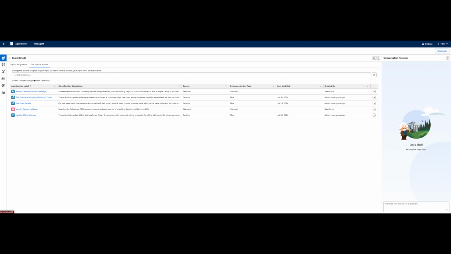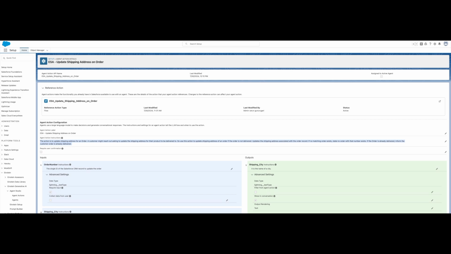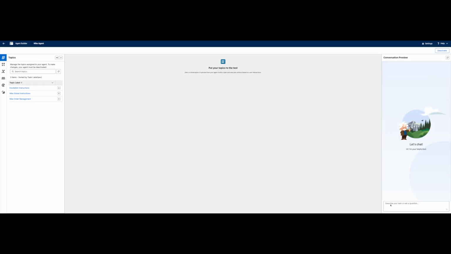Agent Actions is also part of the Agent Studio in the setup menu. Any sensitive business logic, like whether or not a refund should be issued, should be baked into an action in a declarative way. For example, a flow-based action can update the shipping address only if the order is not shipped or delivered. So, if you check out live,